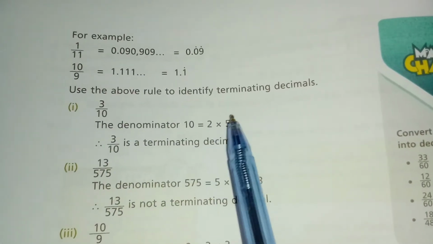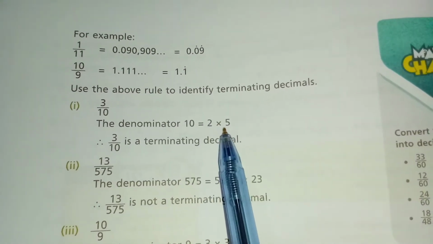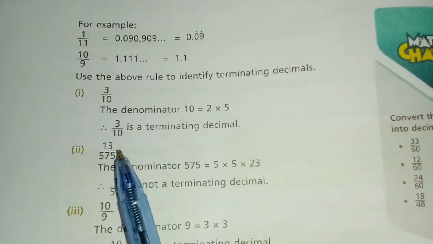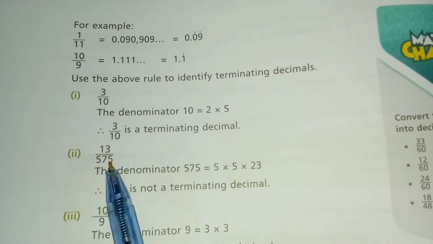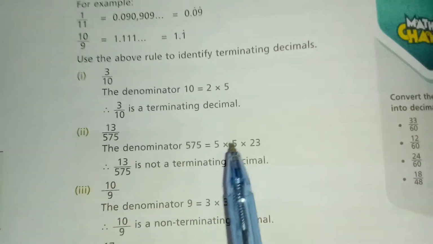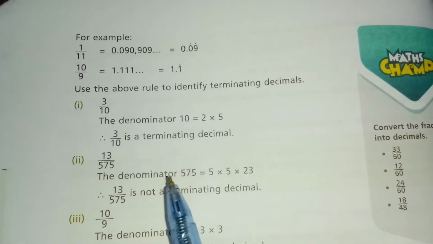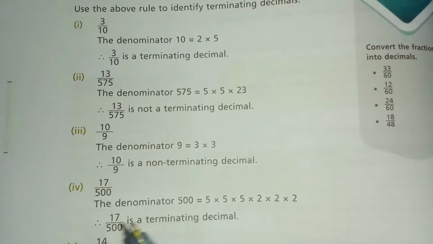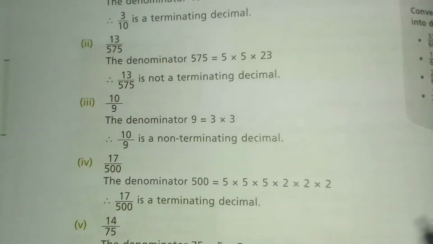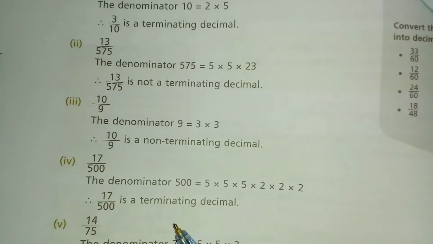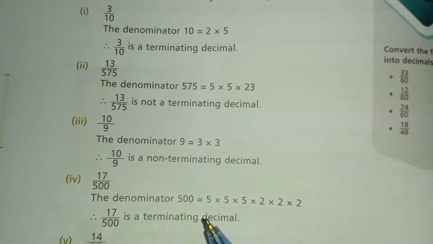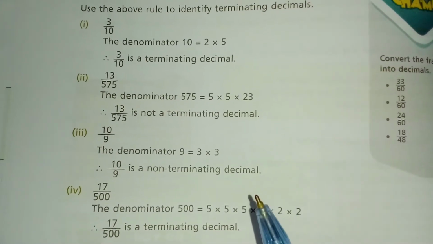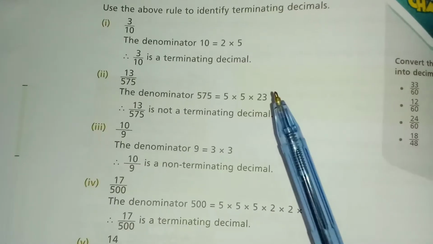2 5s are 10. अगर फैक्टर्स 2 and 5 आएँ तो इसका मतलब ये है कि डिनोमिनेटर जो फ्रैक्शन है वो टर्मिनेटिंग होगी. अगर डिनोमिनेटर के प्राइम फैक्टर्स अदर देन 2 और 5 भी आए, मतलब मीन्स यहाँ पे 23 भी आ गया, सो दिस इज नॉन टर्मिनेटिंग. अगर सिर्फ 5 और 2 हों तो फ्रैक्शन हमारे पास टर्मिनेटिंग होगी. जैसे कि आप देख सकते हैं 17/500 सब फैक्टर्स 5 और 2 की फॉर्म में. सो दिस इज टर्मिनेटिंग. दिस इज अ वेरी शॉर्टकट मेथड. इफ द डिनोमिनेटर ऑफ द फ्रैक्शन इज द प्राइम फैक्टर्स ऑफ 2 and 5, सो द फ्रैक्शन इज टर्मिनेटिंग, अदरवाइज नॉन टर्मिनेटिंग.